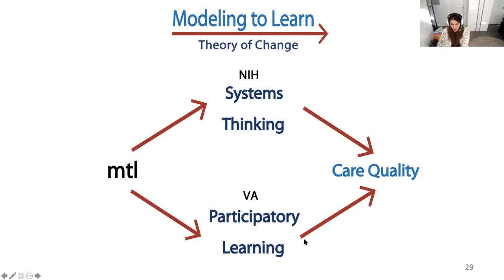Or it could also be this VA-tested pathway about participatory learning. Maybe teams improve their EBP decision-making because the resources actually better facilitate mutual learning, getting on the same page, shared decision-making and capacity building, or local co-ownership of what gets developed than the imported one-size-fits-all solutions that are common. Of course, we expect that both pathways could be in operation, and what we're doing in our trial is